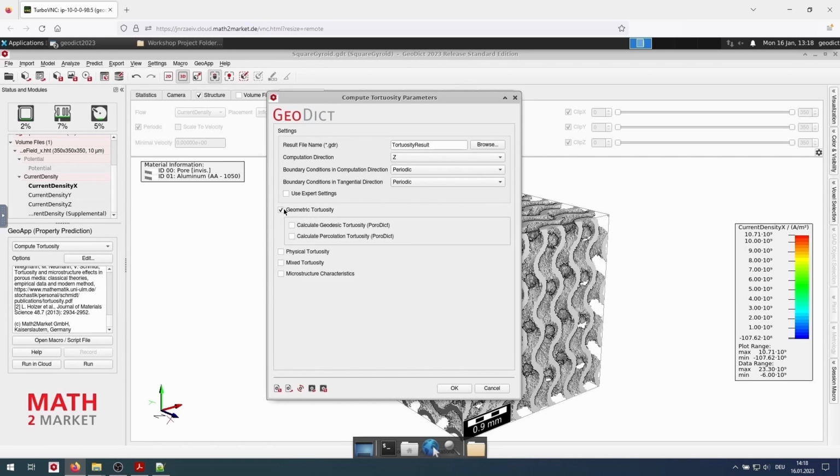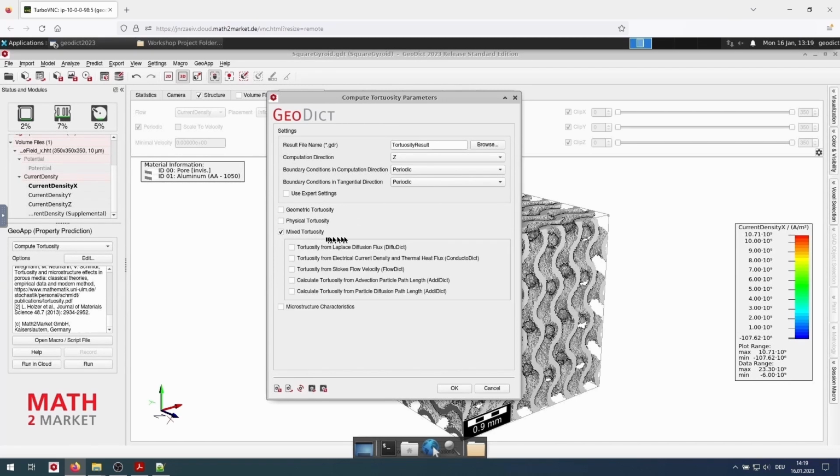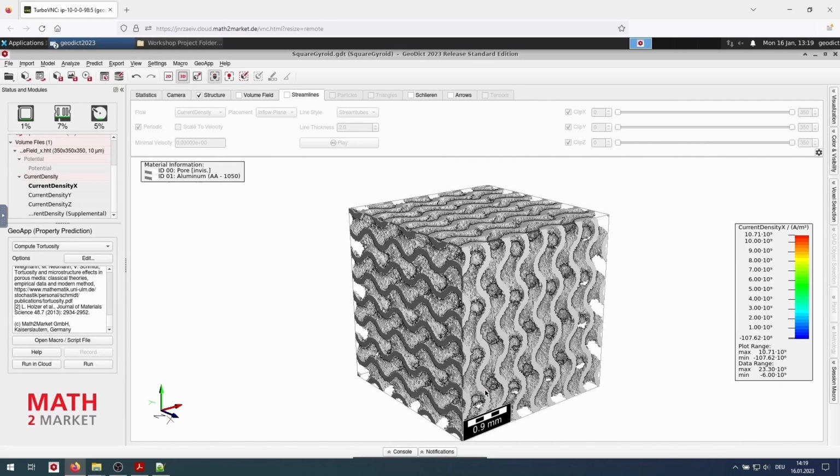The geometric tortuosity by using PoroDict, physical tortuosity by using DiffuDict or ConductoDict, mixed tortuosity by using DiffuDict, ConductoDict, FlowDict, or ArtiDict, or by using microstructure characteristics with PoroDict or MuDict. But for this workshop, we do not do that, just as information for you. So we cancel this window,